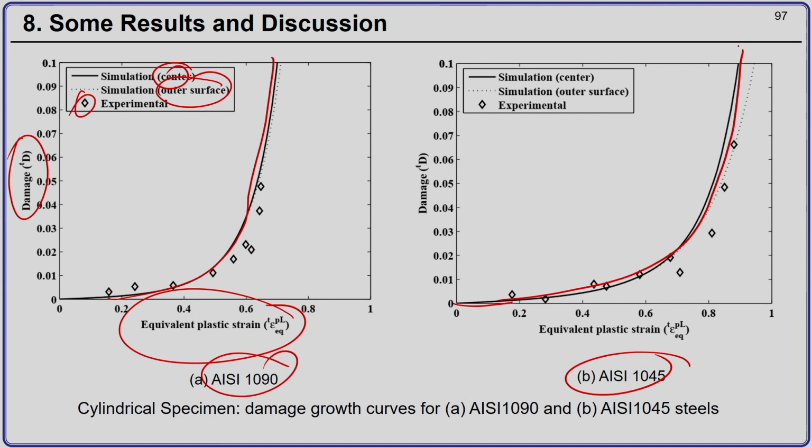Okay. So, you see that at the outer surface the damage growth is very slow, while at the center it is much faster. This is also observed in the literature, that the crack will initially start at the center and propagate towards the outer surfaces. And you can see for 1090 the crack will occur more or less all throughout the center surface, but for 1045, which is much more ductile, it will occur at the center much earlier than at the outer surface. That is why it leads to the cup-cone fracture.